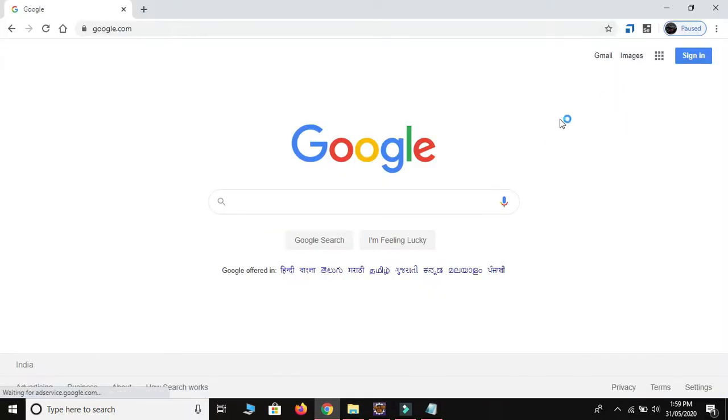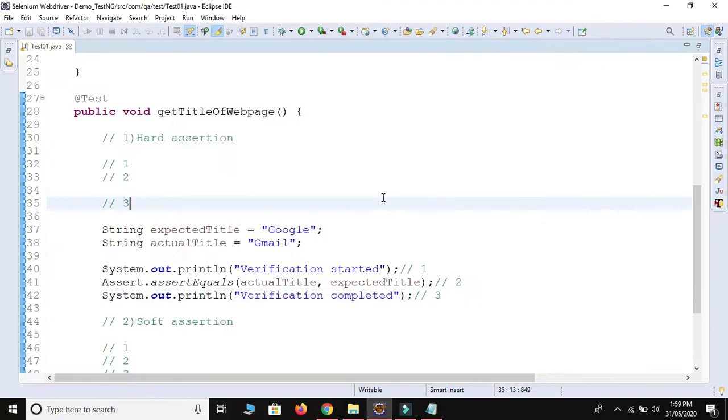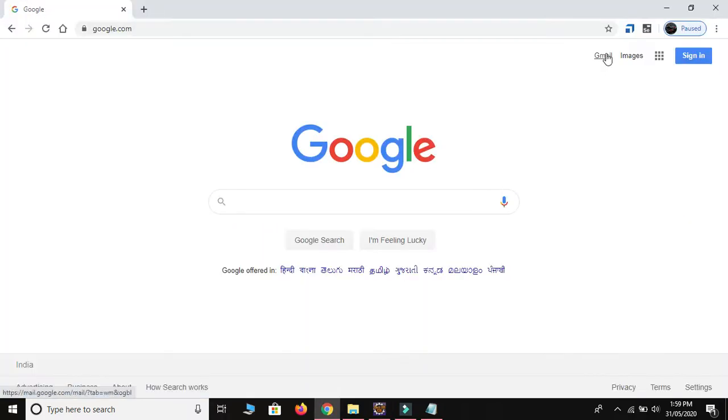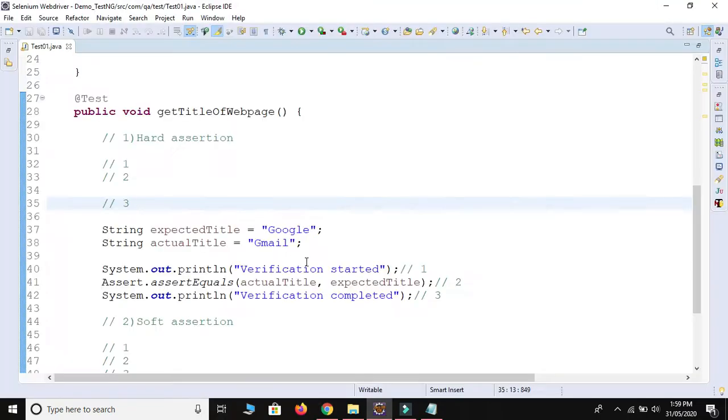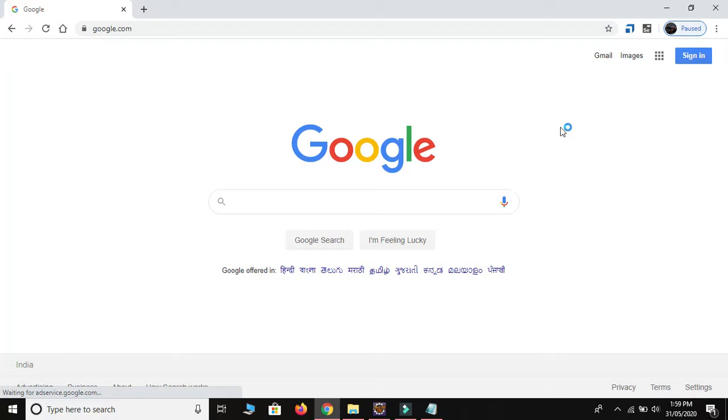So when we need to perform dependency assertions, then we use hard assertion. Hard assertion means it will depend on something. So if I get an exception at this web element and we have applied hard assertion, it will not execute the next web element.